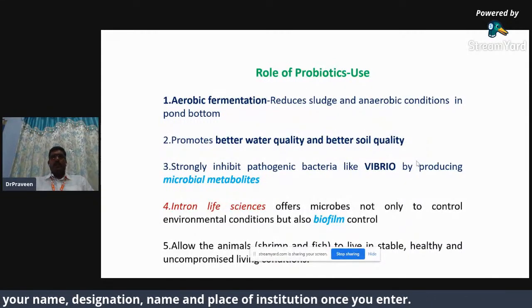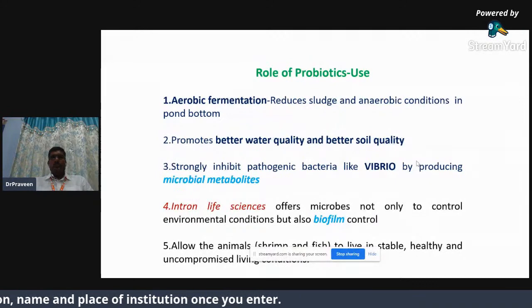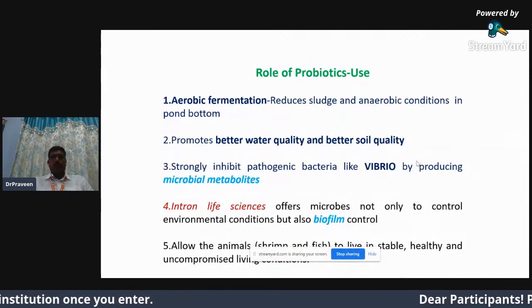So application of probiotic also we disperse in such a way. Initially, we go for